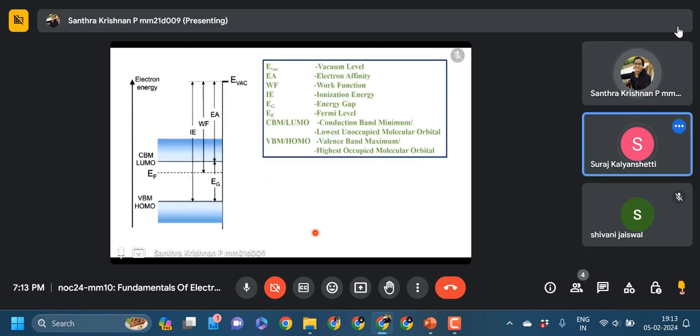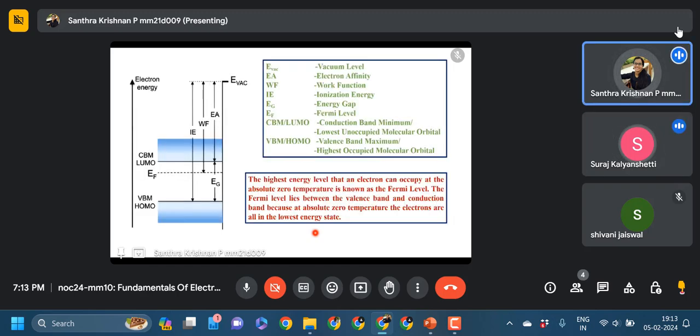So basically, these are the things that you can see in an energy band diagram. First thing is we have the HOMO, that is the